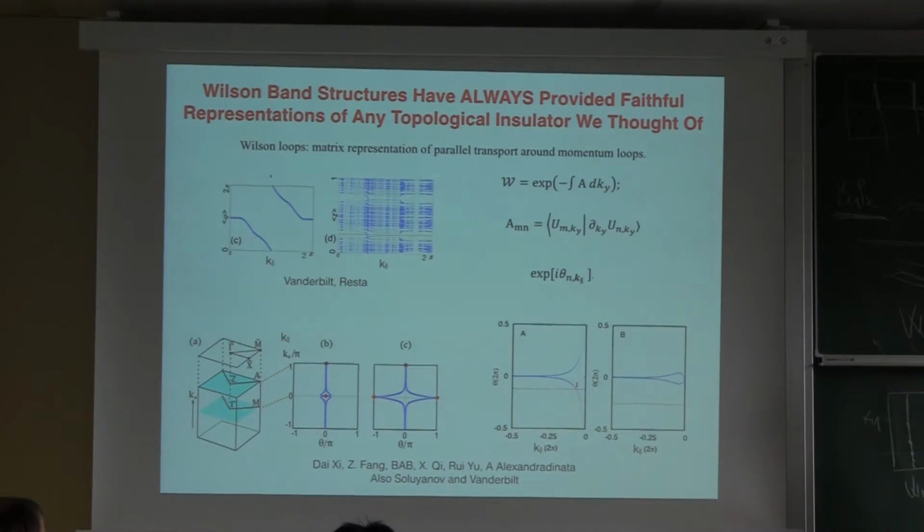I look at its eigenvalues. It's a unitary matrix. Its eigenvalues are between 0 and 2 pi. And I look at how its eigenvalues vary as a function of kx. The way they vary is that they wind around if the system has a Hall conductance of 1. If the system had a Hall conductance of 2, they would wind twice. So you can immediately tell the Hall conductance.